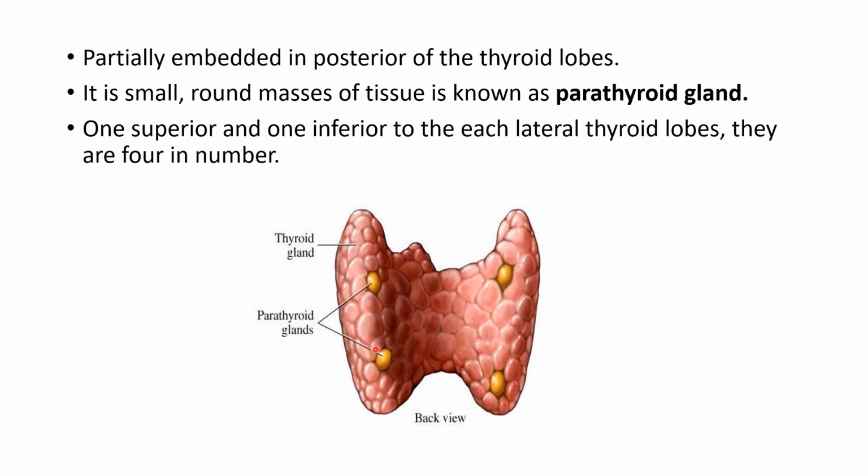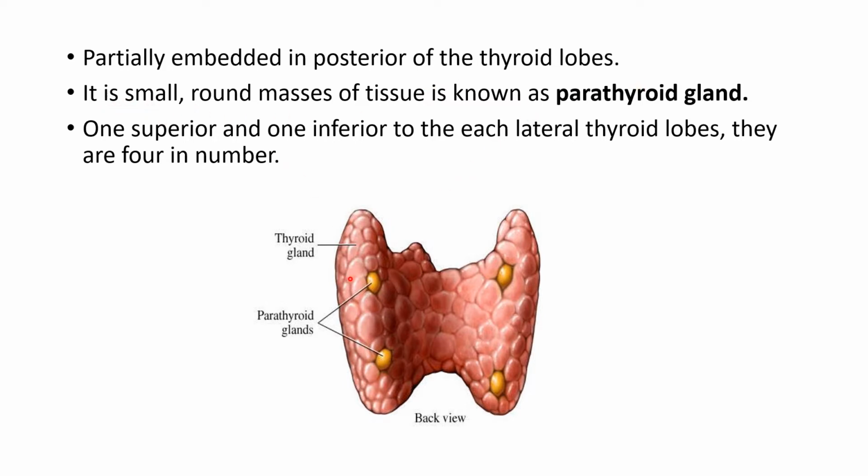This is the thyroid gland, butterfly shaped, and it is located inferior to the larynx. This is the posterior view, the back of the thyroid gland. Here you see some parathyroid glands. They are partially, not completely, embedded in the thyroid gland. Some portion is present on the outside of the thyroid gland, on the posterior, meaning the back side.